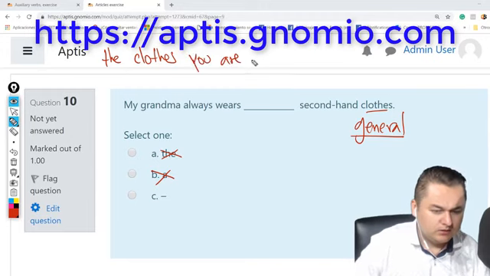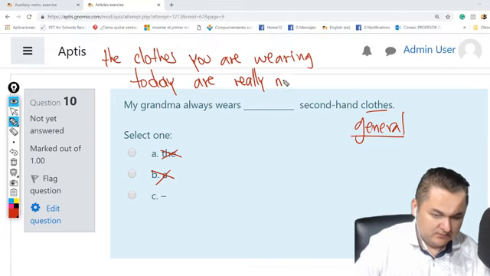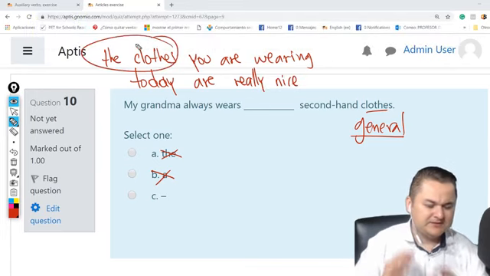you are wearing today are really nice. In this case, I am being specific. The clothes